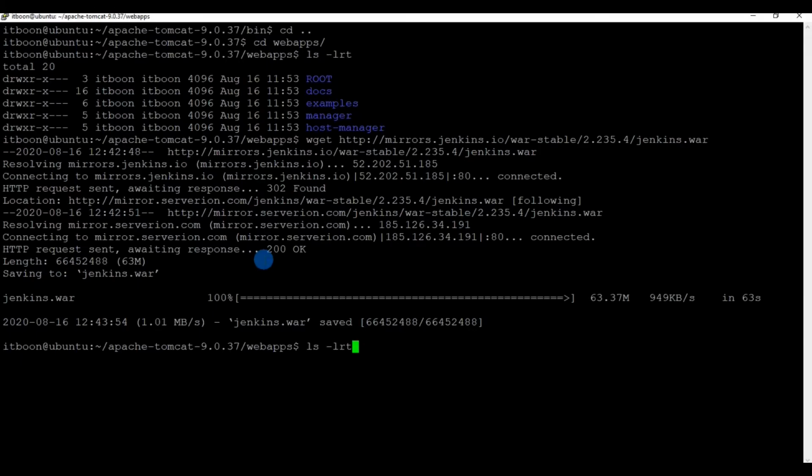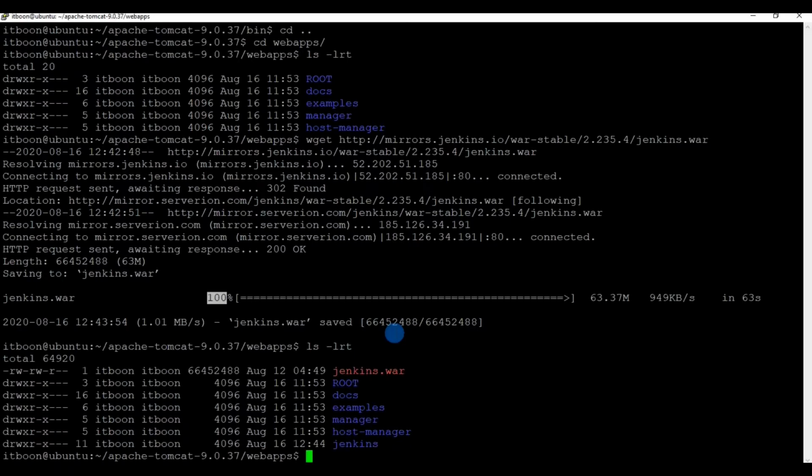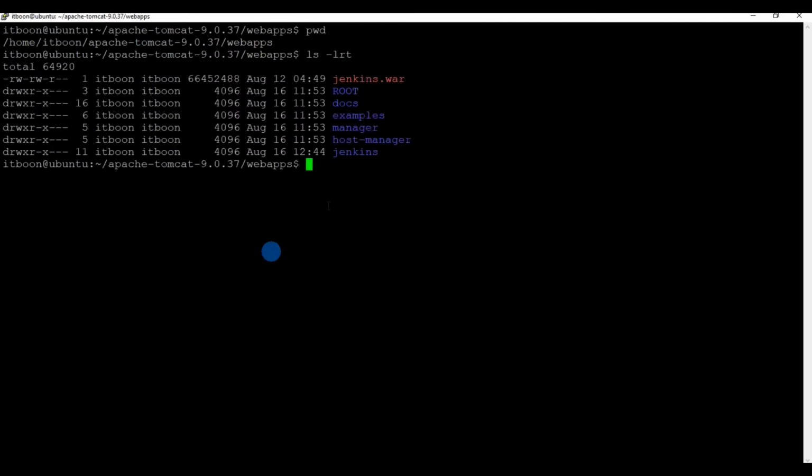You will see the jenkins.war file downloaded and extracted, because we have directly deployed into webapps, which is the deployment directory for Tomcat. Any WAR file you place in webapps will be extracted automatically and deployed. That is a backend deployment of a WAR file on top of the Tomcat application server.